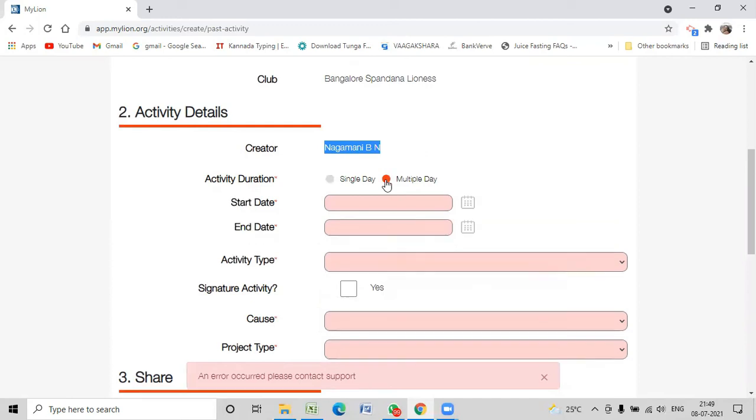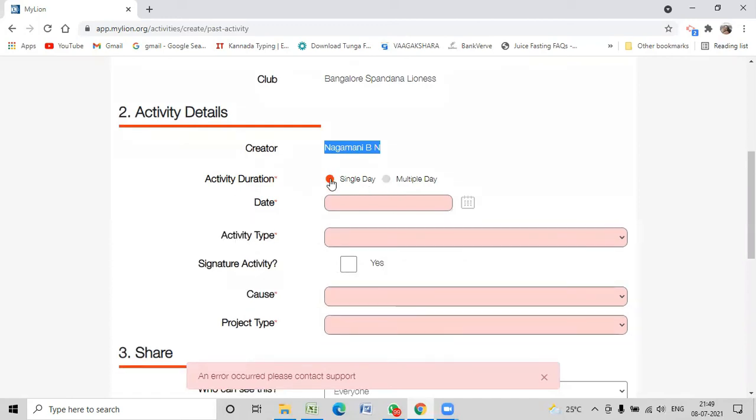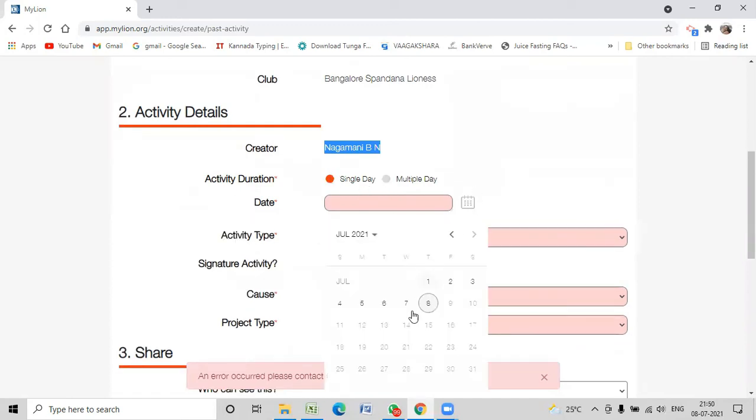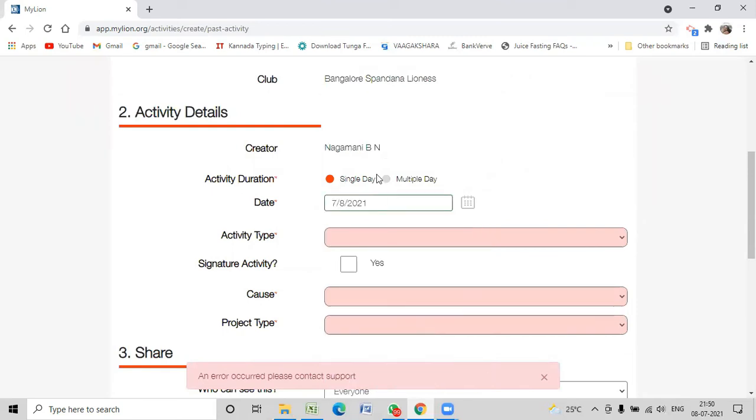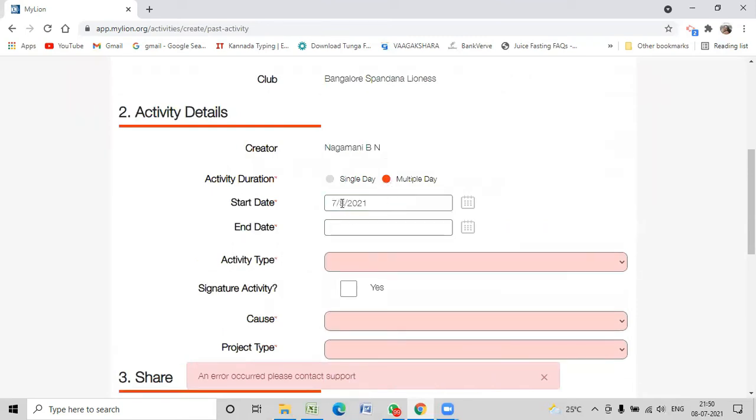Now start filling up the form. Okay, now is it a multiple day activity or a single day activity? For me, it's a multiple day activity. So I click on July 8th. But if it's a multiple day activity, then you have to give a start date and an end date. Let's say, for example, you are uploading the Quest training, the teachers training that happens for Quest.